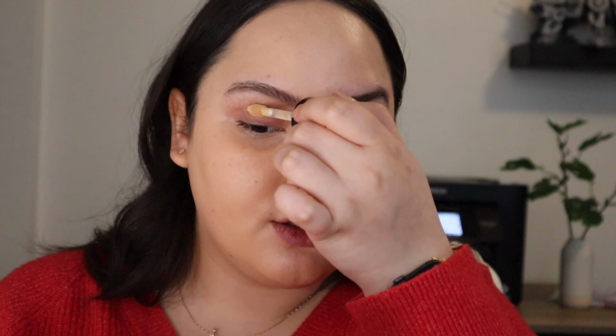Now for concealer, I usually use this Benefit one, but I ran out of it, so I went to Ulta and I bought this one. This one is in the shade Pearl, and I barely used it yesterday and I liked it, but I do think that it could be a little bit lighter, but it works. So I'm just gonna use a little bit on my eyelid